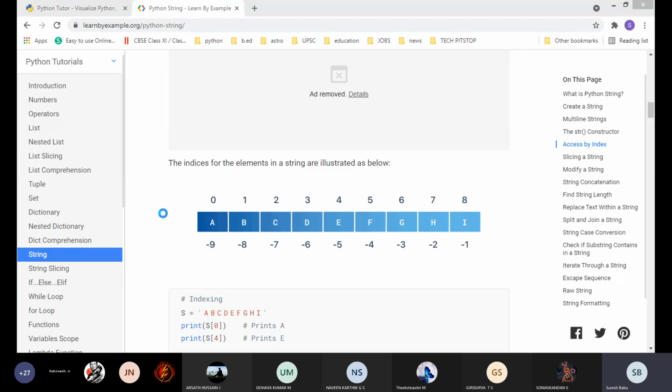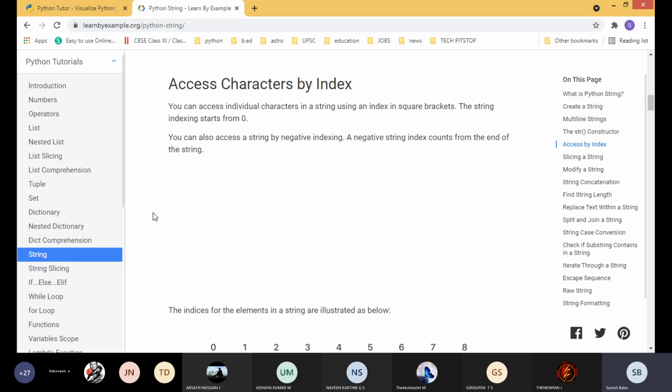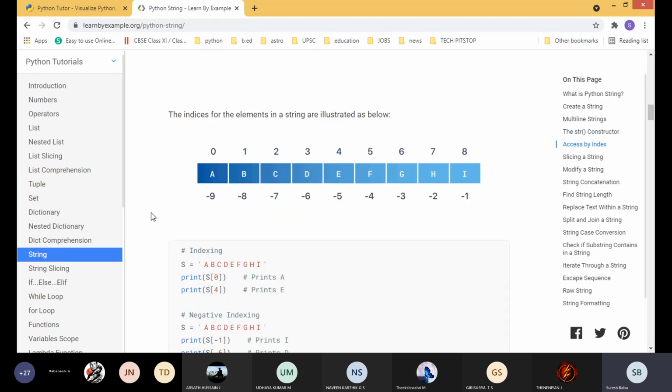Okay, so just listen. Today we are going to see how strings are actually stored in a computer. Is the screen visible, students? Yes, sir. Okay, using Python we can create any kind of strings. Actually, how it is stored means it will store with 1 byte for one character.